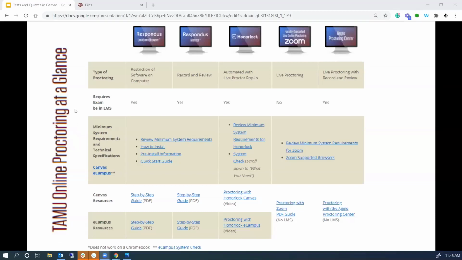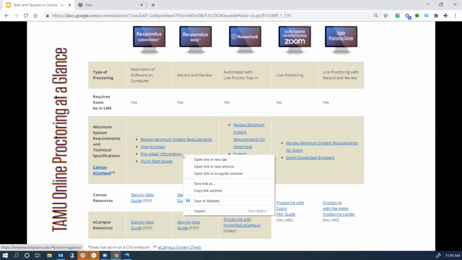We're getting towards the end of our time, so I'll just mention that there are currently five proctoring options available, and the information for the proctoring options that we have available at TAMU is located on keepteaching.tamu.edu/#proctoring glance.